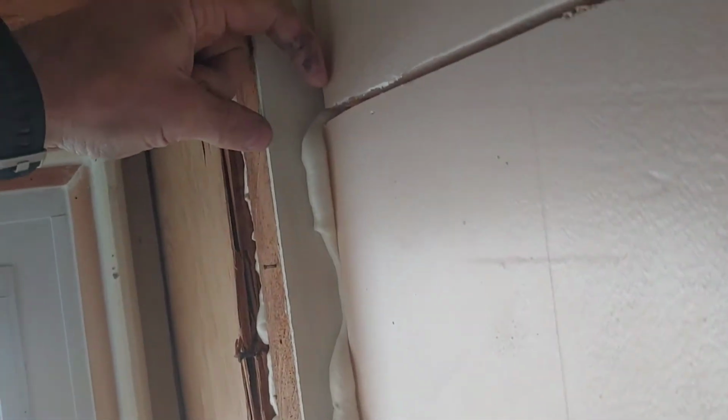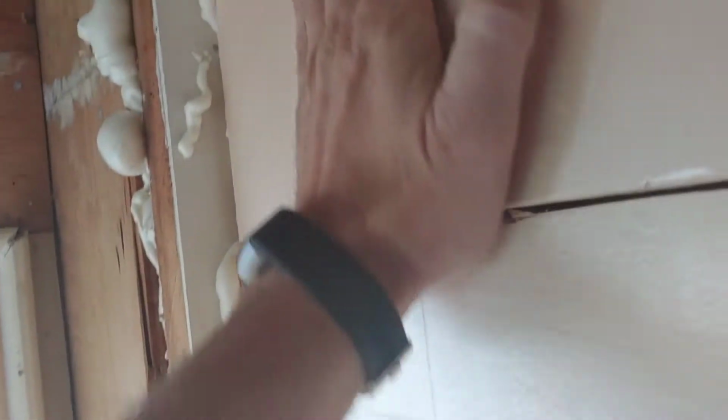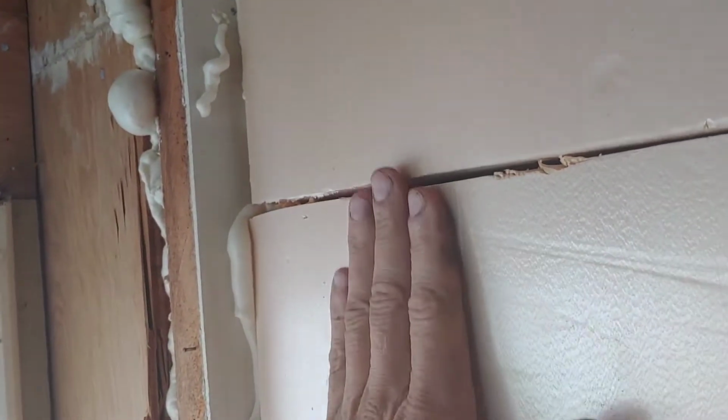I still have a space here. So I'm either going to add more foam or I'm going to add wooden members here to provide some kind of an attaching surface for my covering, whatever that may be. Probably going to be drywall, but